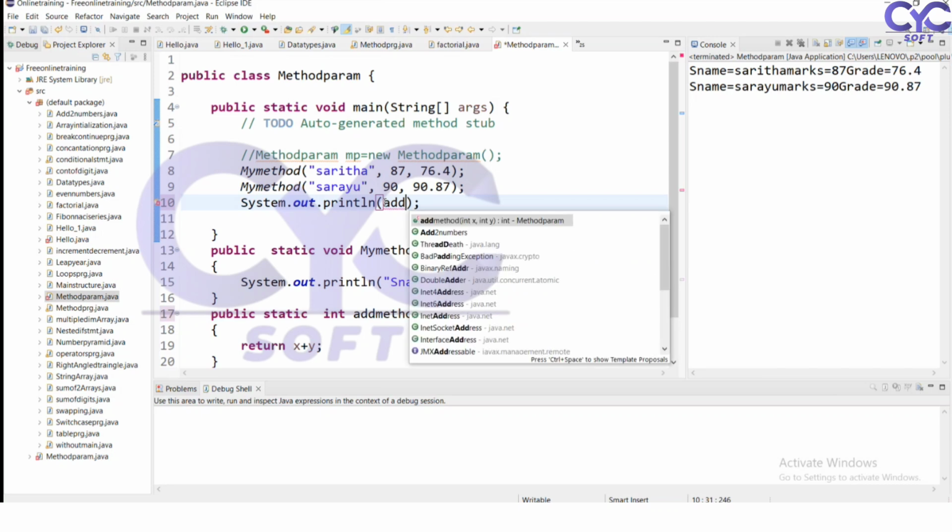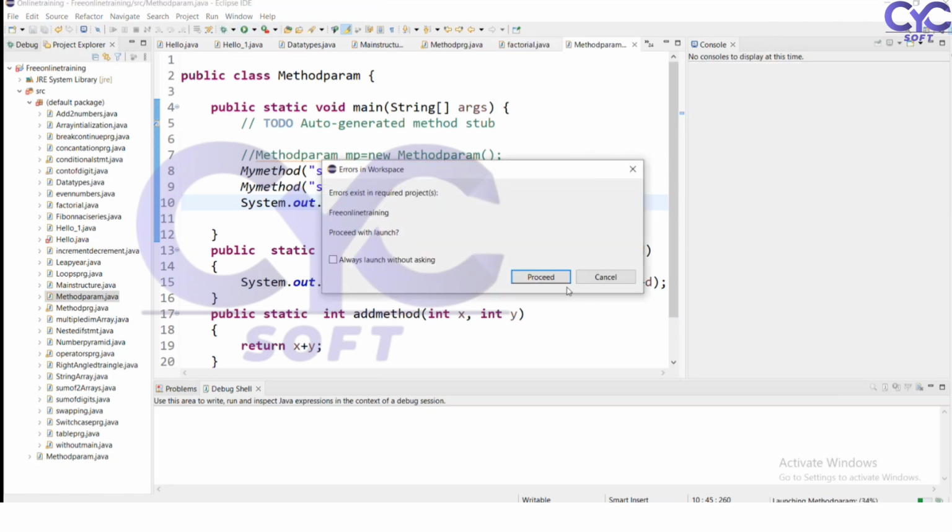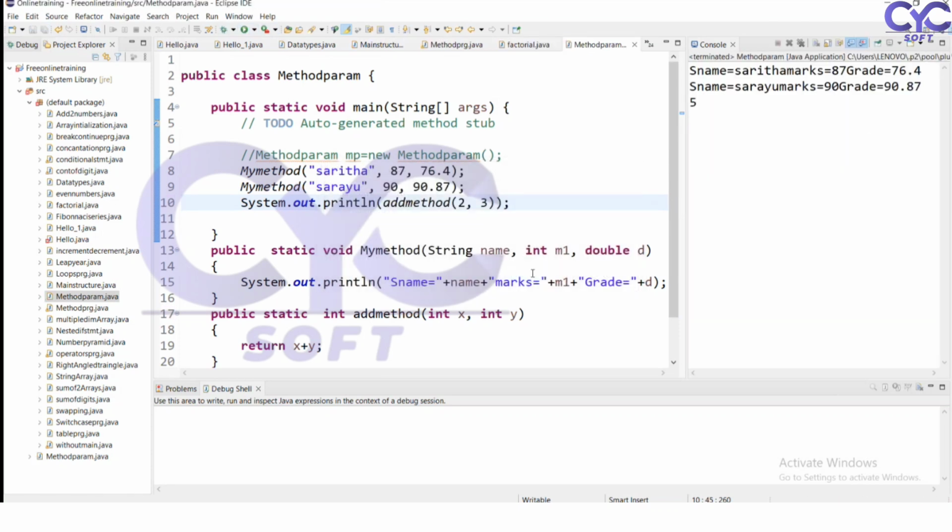Add method of integer value 2 plus 3. What will it do? It adds the values and returns the value as 5. See, it has written the value as 5. If you want to display the value, whatever value you want to display, you can use the display method